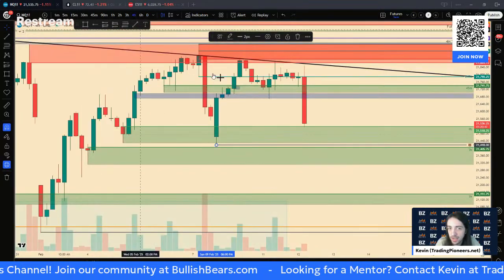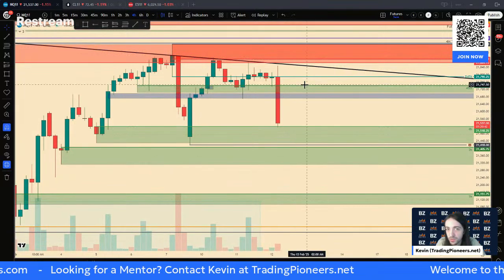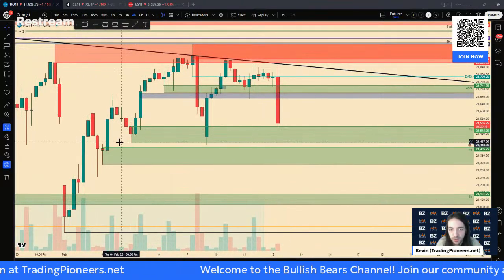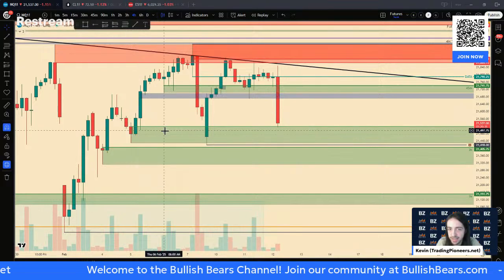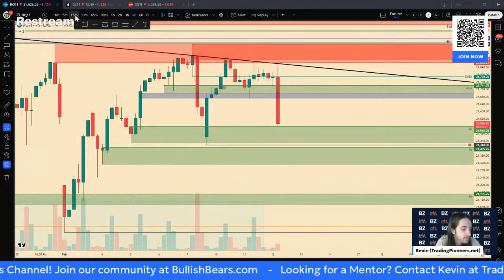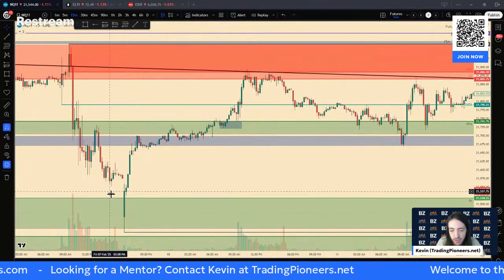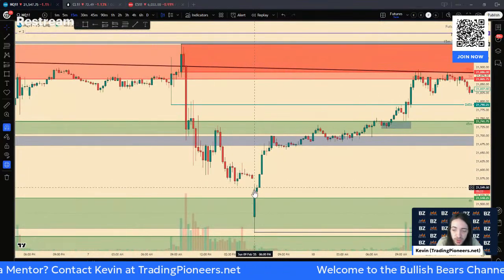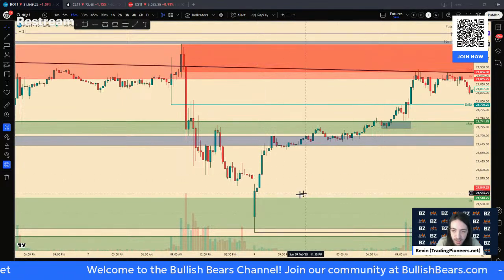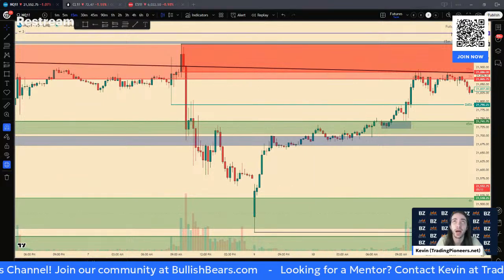Let's check our 4-hour. Let's delete some old zones, delete anything that might be a little bit of a mess. I like this demand zone. There's a 4-hour demand zone right here on NASDAQ. It held up once here. I know this wick lower did technically break it, but we have to remember when we broke that demand zone, it wasn't an actual break with price action. It was a break due to the gap lower when price opened, but then it did wick lower for a moment and then push back higher. So I still consider this green area as an area where there's a lot of active buyers.